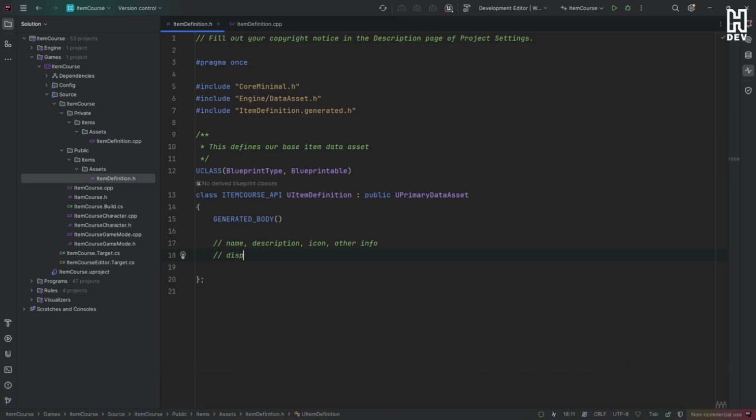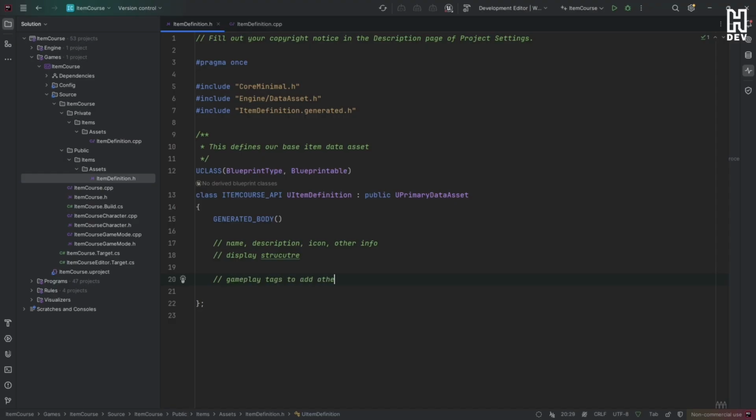So we're going to call here, we're going to say this will be a display structure. And we'll get into a moment exactly how we're going to do that. The other thing that we talked about is that we want to leverage gameplay tags. Gameplay tags will allow us to add additional information. So we're going to say we want some gameplay tags